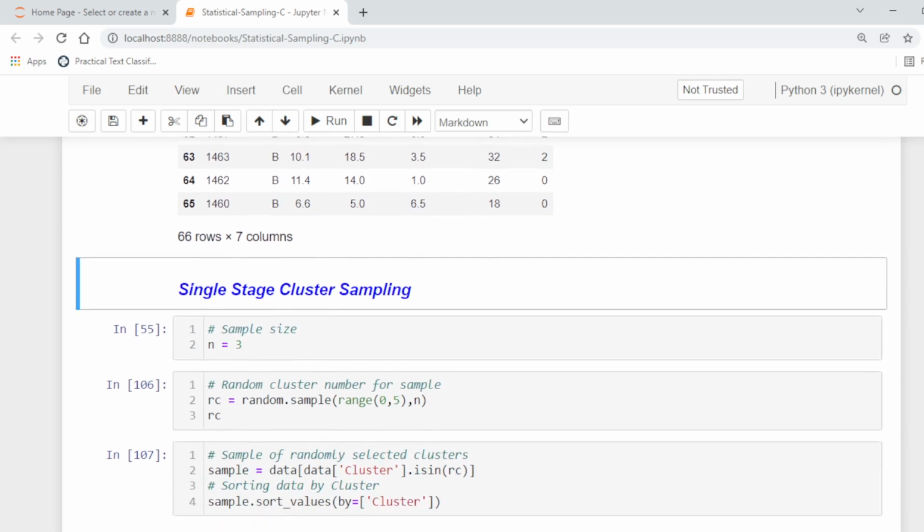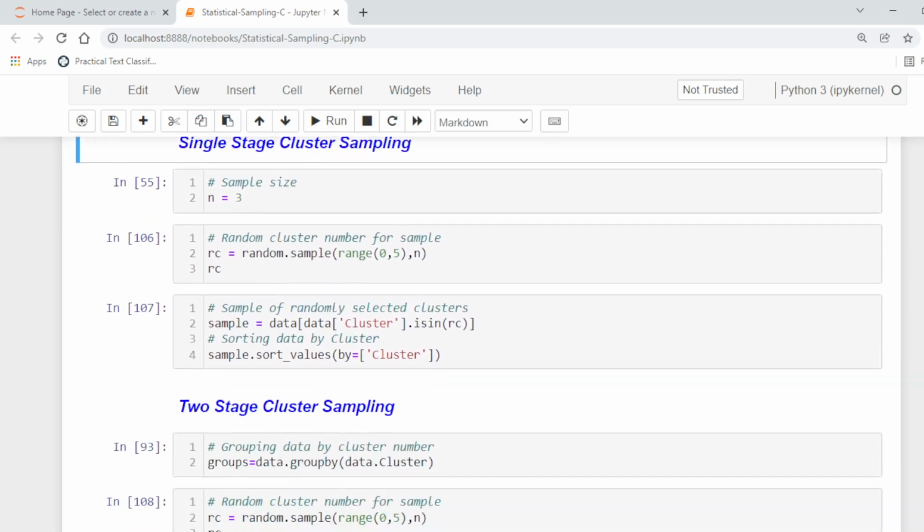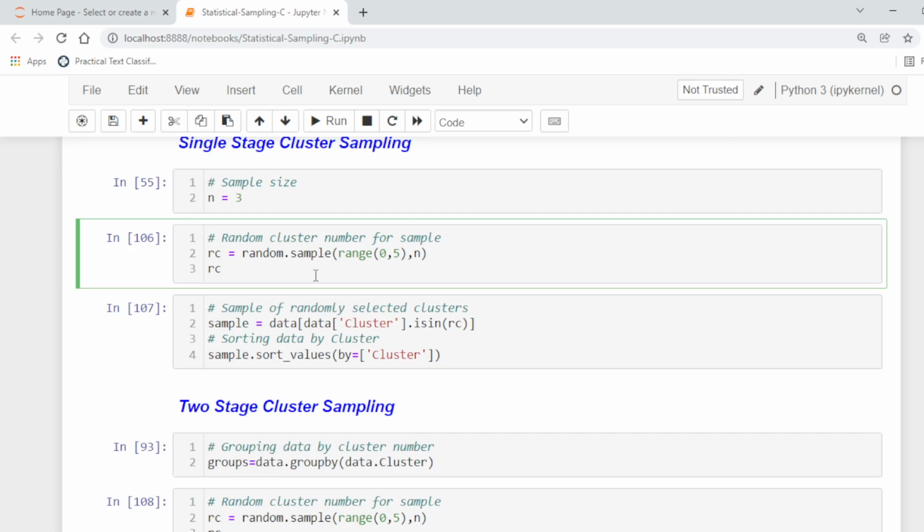So next, single stage cluster sampling. Here the sample size is 3, and here is the random cluster number for samples. So we are creating random numbers. We want to select n. Because our sample size is 3, we are going to select 3 clusters out of the 5, and we want to generate these numbers randomly.